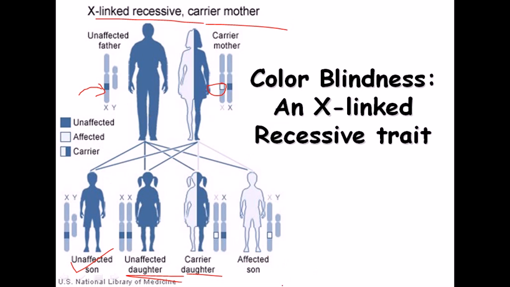Now among these four offspring, the one who is going to suffer the most is this boy, because the boy has only one X chromosome and one Y chromosome. So if any problem happens in the one X chromosome, then no other chromosome is there to compensate, so the result is shown in this offspring. That's why, in case of these X-linked traits, sons or boys are most of the time more vulnerable to damage than girls.